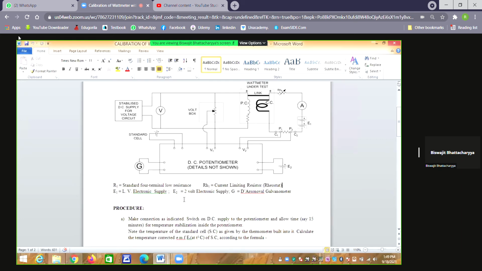Now we vary the knob to the test mode. Once we vary the knob to the test mode, then we measure: take the selector switch in position one, then connect V1, apply V1 and check the null point of the galvanometer by varying the slide wire. By varying the slide wire, we find the null point. When we find that the galvanometer deflects in opposite direction in two consecutive positions of the slide wire, then it means that our null point exists in between those two consecutive positions.